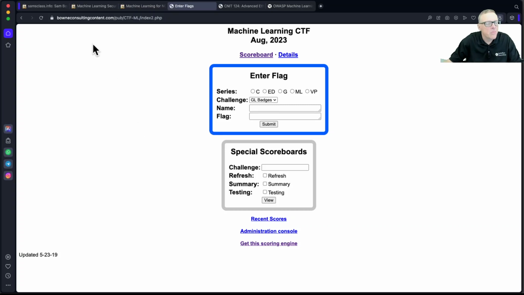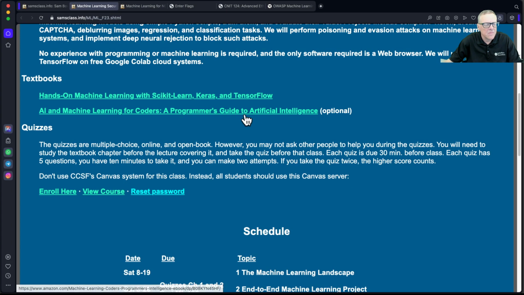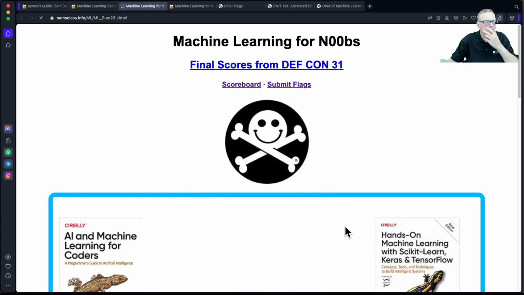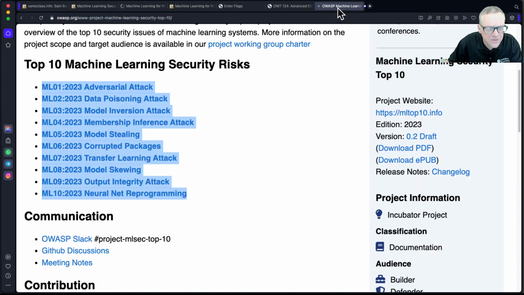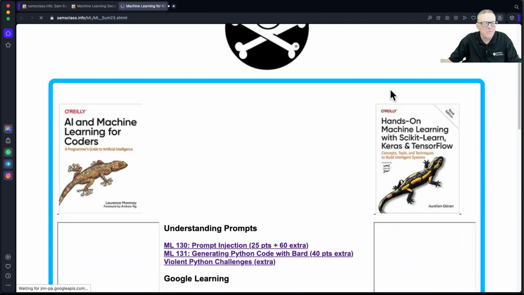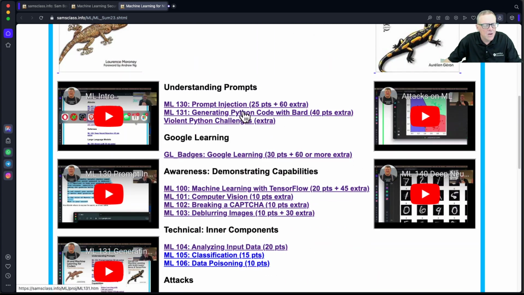So let's talk about the projects. Go to the top of the machine learning page, and there's a link taking you to projects. Let me clean off all this other stuff. All right, and so here, the one I'm going to talk about now is prompt injection, but here's other ones: generating Python code. Here's the Google Learning, where you take Google video courses and earn badges to learn very good